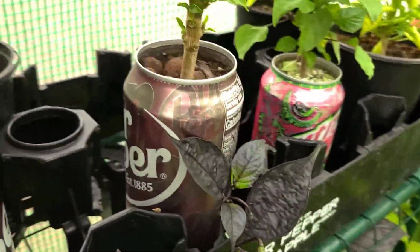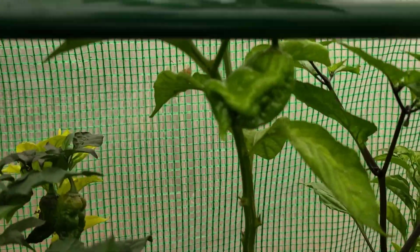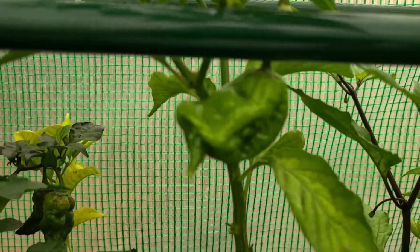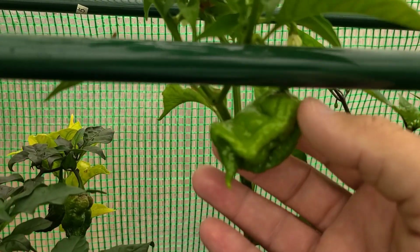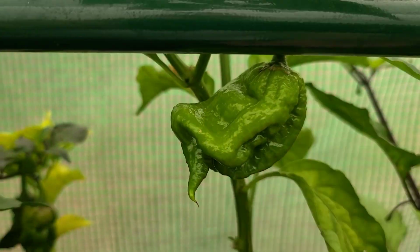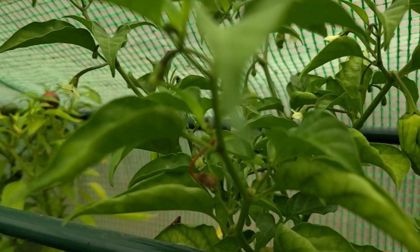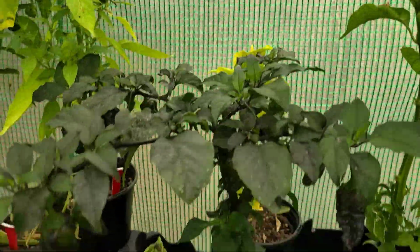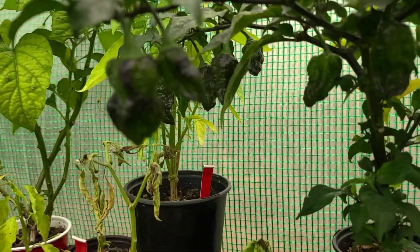I'm known for my brain farts. This one I planted, and after I planted, I spaced the next day. I'm like, wait, what was it that I planted in there? I totally forgot. I guess you get to plant so many different things, you forget sometimes. I'm hoping that's a 7-pot white. I'm not sure though. The next one in a can is a Hallows Eve, and